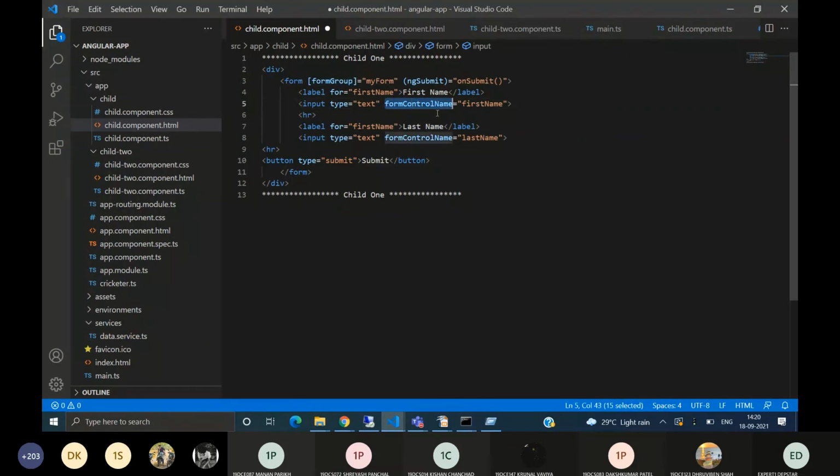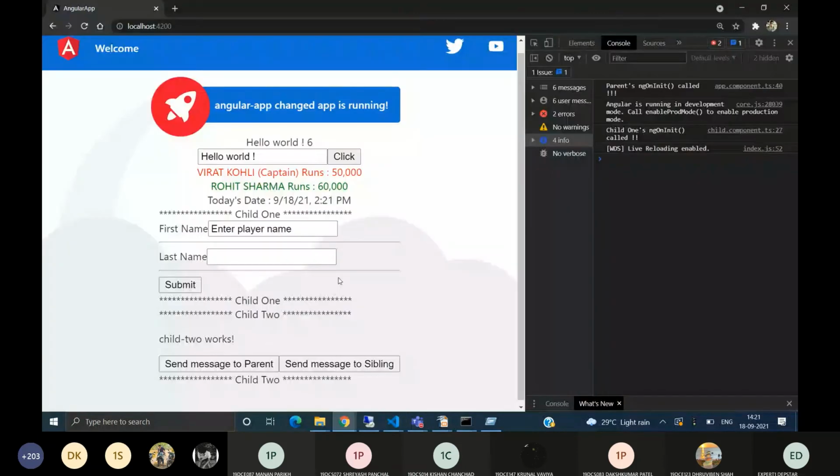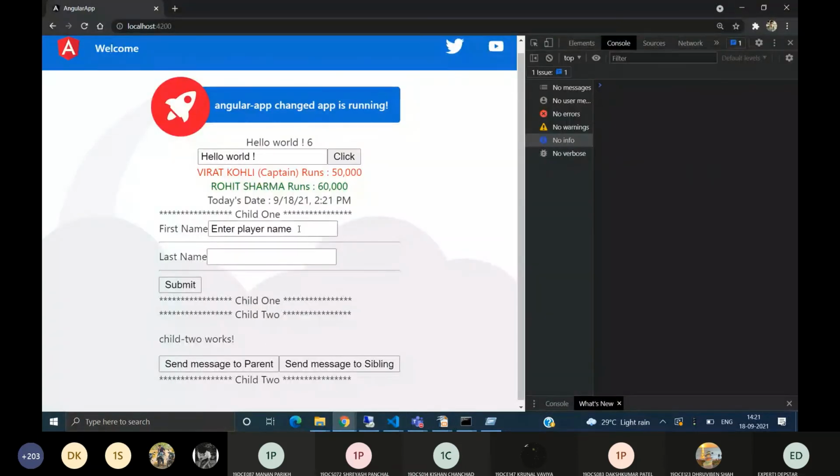So we define formControlName, which is a unique property of this form group. So this is how this is bound to our TS class, and this is how it works. Fill the form and click submit.